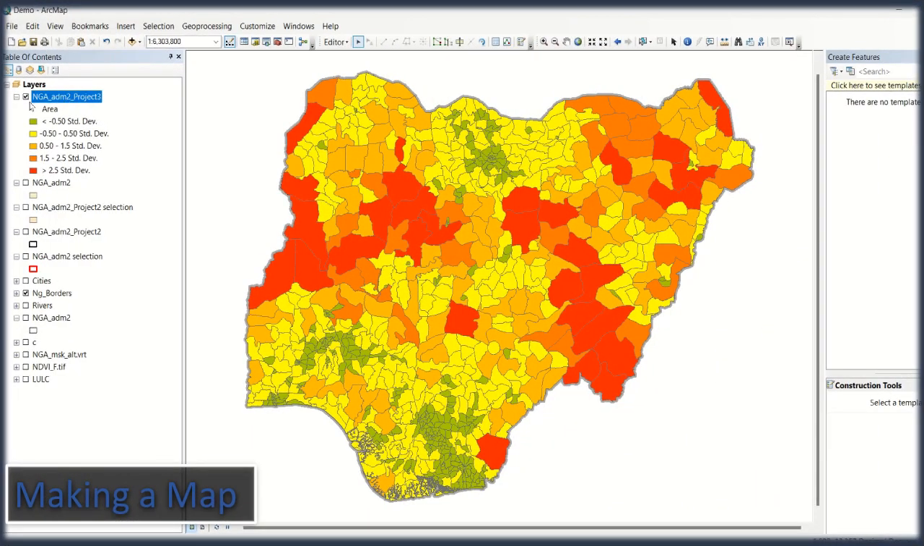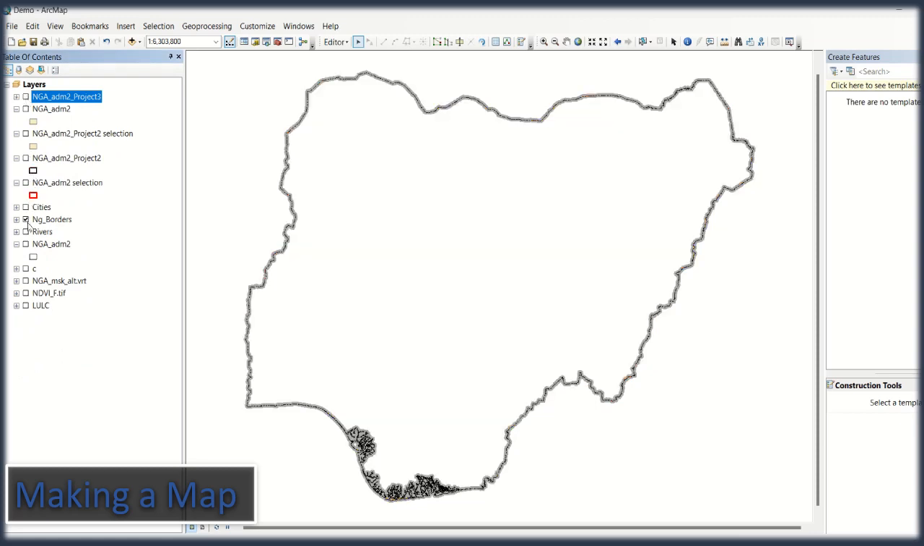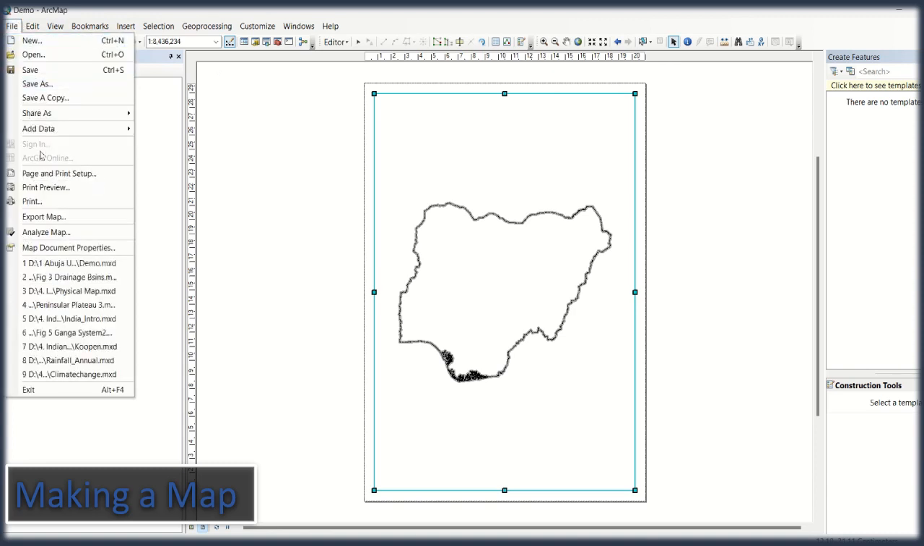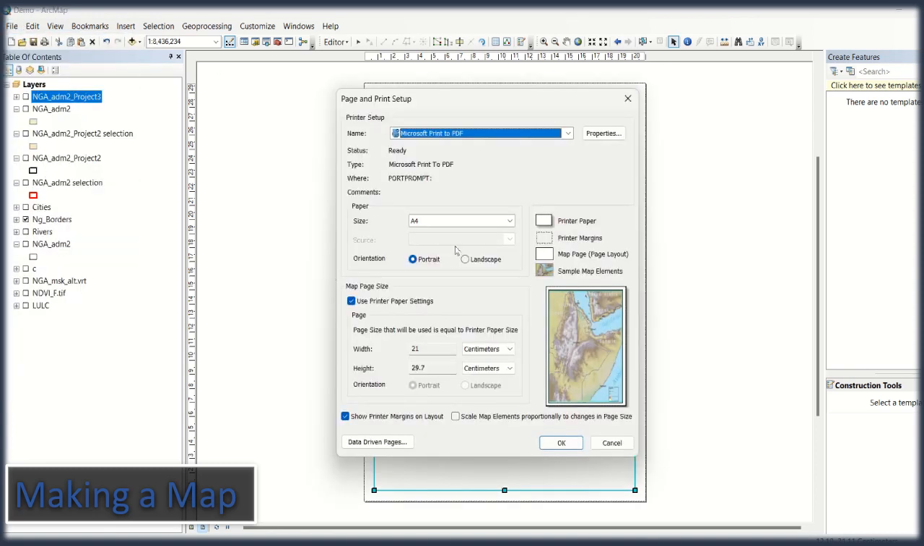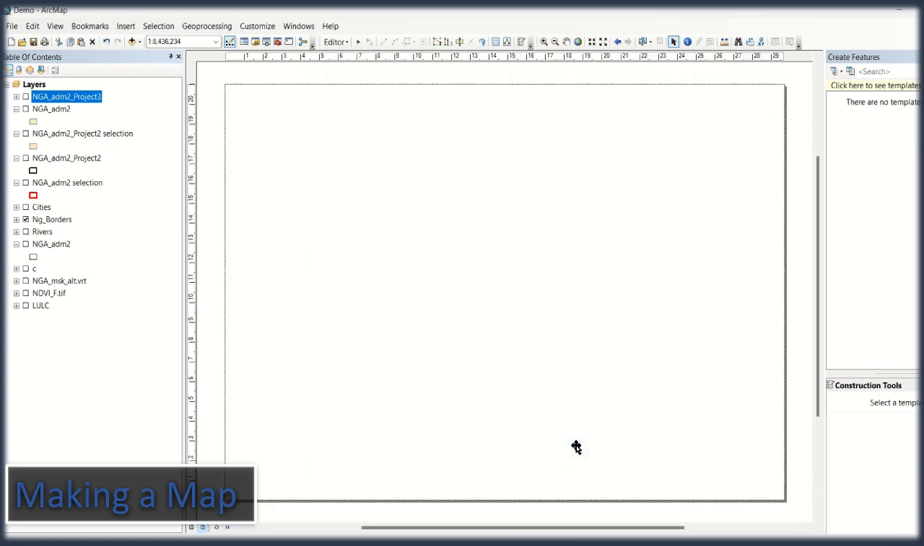Now let's make a map, which is the important one. Why? Because finally we have to show our work in the form of a map. If you see here, these are the two buttons given here. This is the data view and this is the layout view. If I click the layout, this is the layout, and this layout you can change. This is portrait. If you want a landscape, you can make a landscape here,